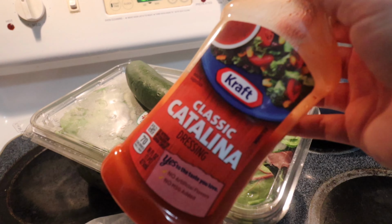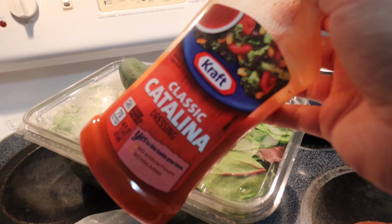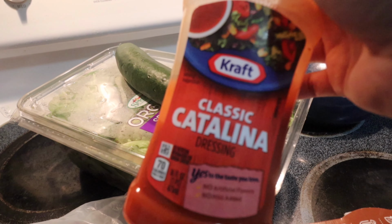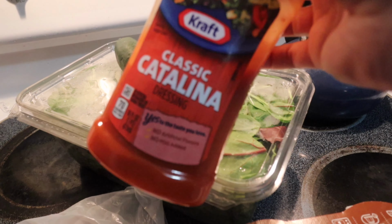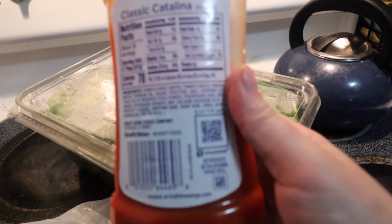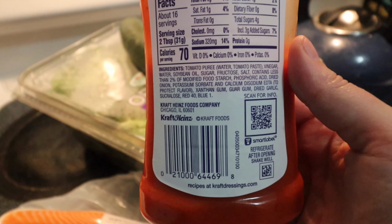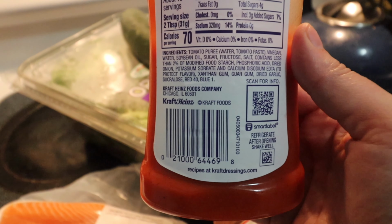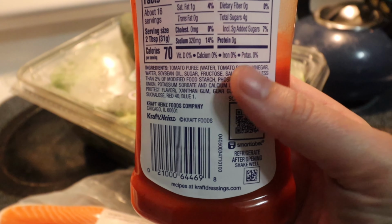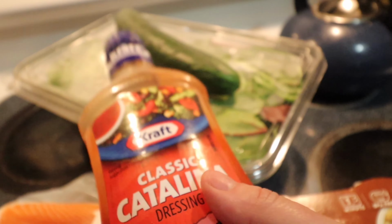I mentioned this in the last video. I've been on a kind of a Catalina kick for the last several weeks, and it's just like French dressing. It's like a sweet but tangy dressing, and the ingredients are not like the greatest. Yeah, like there's a lot of stuff in here that's kind of unpronounceable, so it's not the sort of thing I typically reach for, but it's just tasty, and it's what I'm craving, and it's helping me get through all